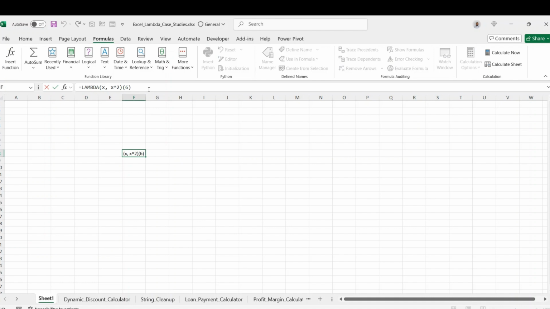But when you are defining your Lambda function, you must make sure you create the function before running it. For instance, if I run this, it returns a calculation error because Excel does not recognize our variable. So to make it reusable, I'm going to copy this with Control X,